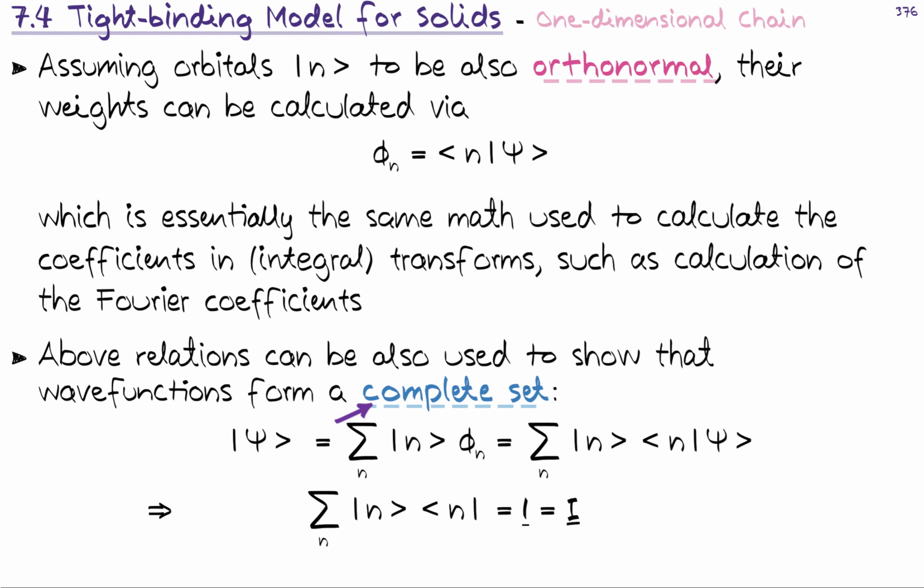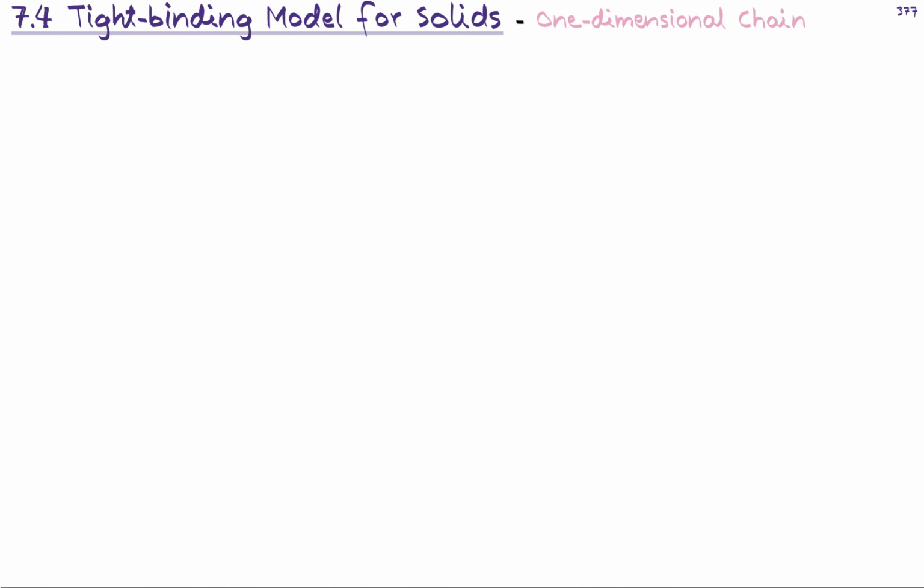And since we have a normalized basis, physically this means that the single electron we're looking at is somewhere in the system, in some of these states. So when we sum over the weights, the probabilities that the electron is in any of these states, we get unity out. So the electron is somewhere, it doesn't vanish. And of course, that's a very, very intuitive notion physically.